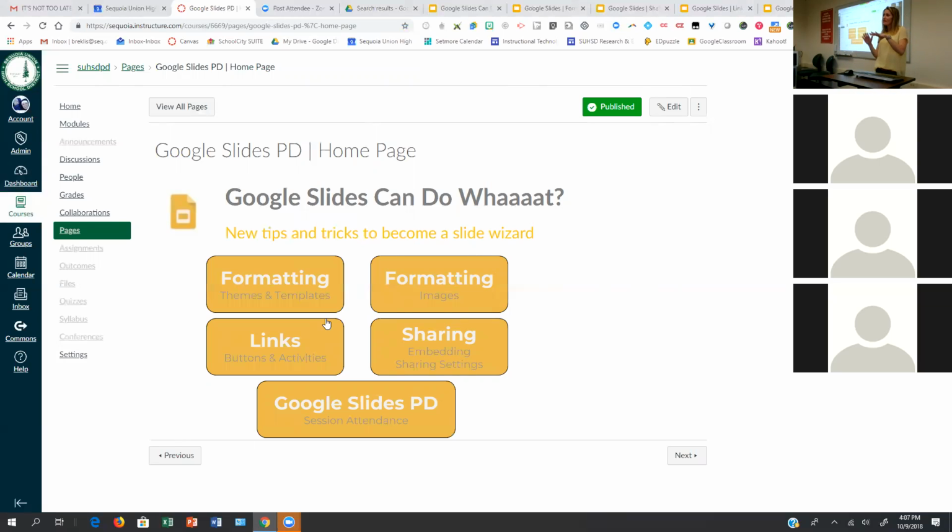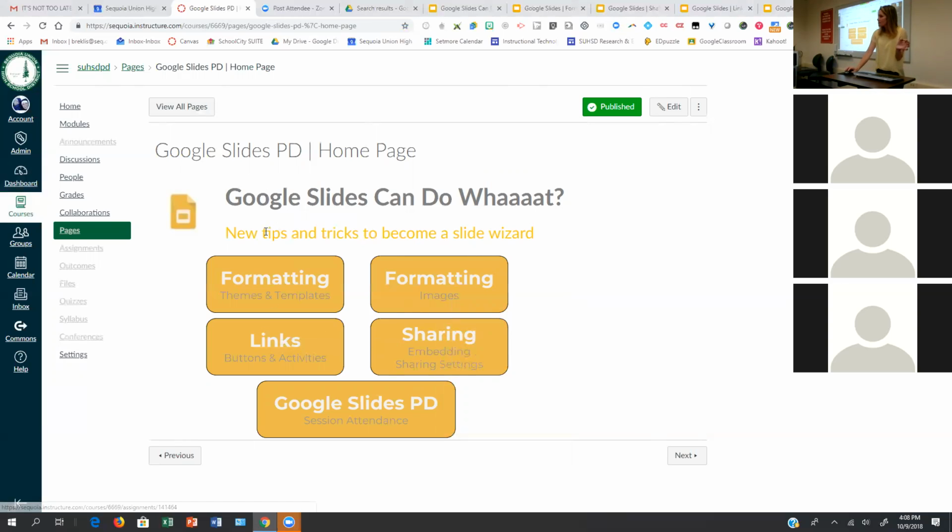I've also made this as a module in Canvas. So if you haven't tried modules yet, you're actually trying it now, where that's how I made it so that you can't take the attendance yet, because I put in requirements in this module and you have to complete this module to get to the attendance module. So something that you can try with your students because you've seen it, even though you're not actually putting it into your course yet.